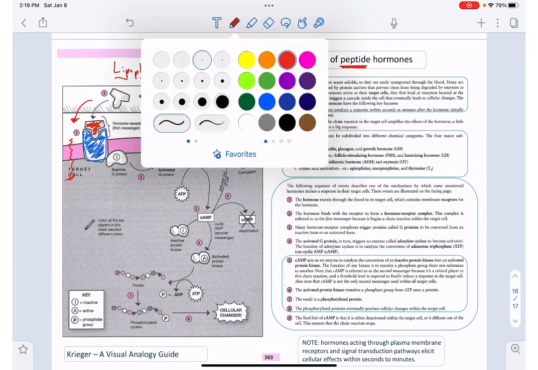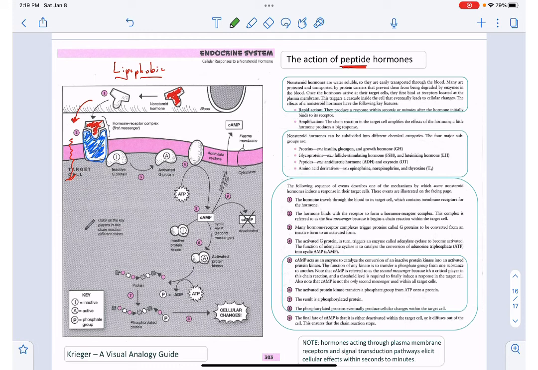Now, once that hormone binds to its receptor on the plasma membrane, it instigates or it causes a whole series of intracellular events that are collectively called a signal transduction pathway. And the net effect of this signal transduction pathway is some sort of cellular change, whatever effect that protein hormone is going to have on the cell, whatever physiological effect. And these signal transduction pathways can be extremely complicated. Like in this instance,